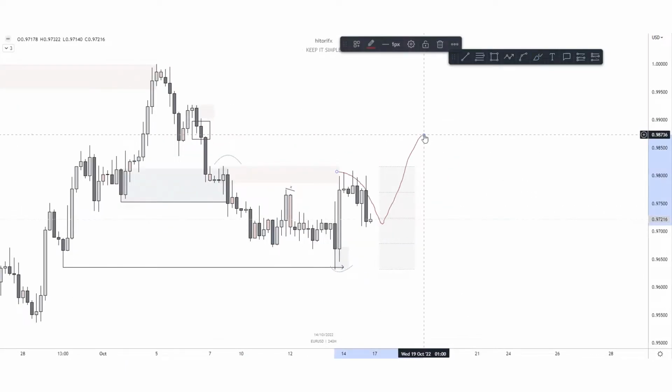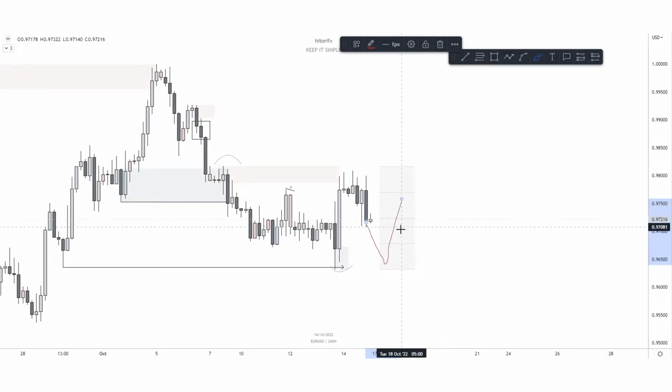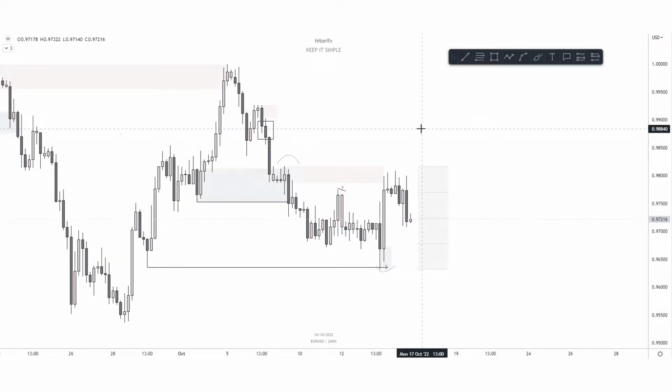But either way, for next week, for Monday at least, we could see something like this happen, or we could just turn bearish overall. The market's been really bad. If that's what you've noticed, it's definitely not just you. It's been pretty shit.